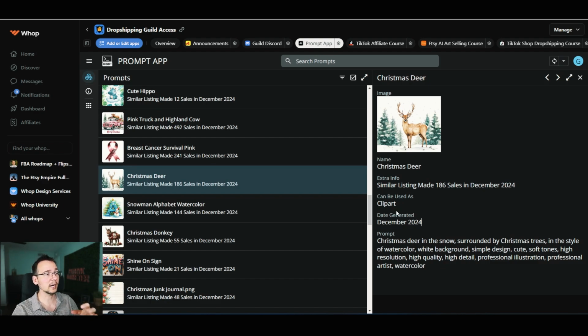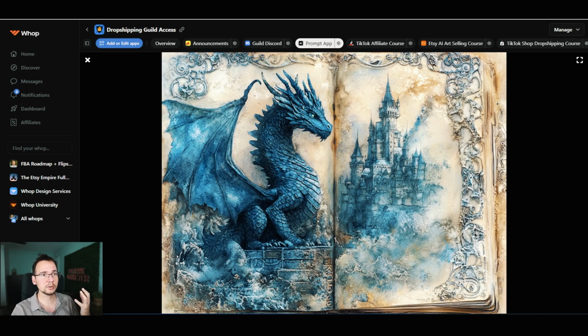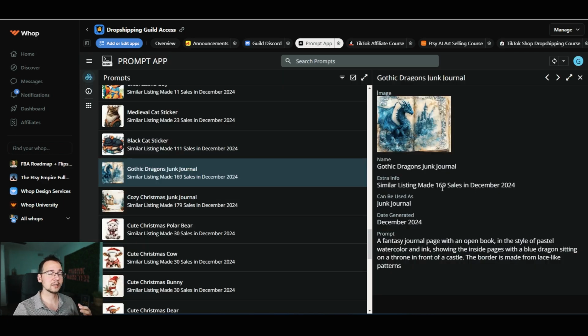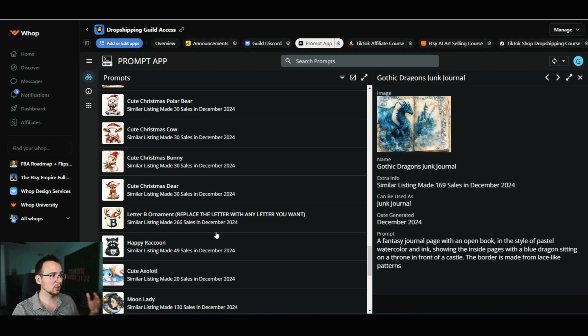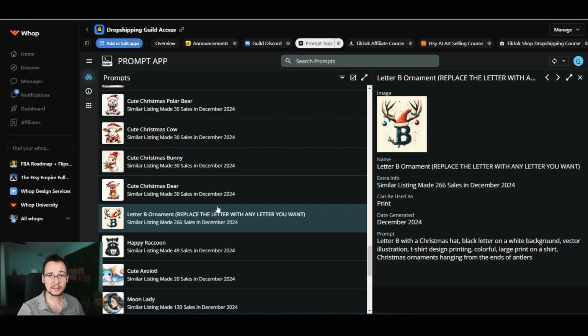So this can be sold as clip art. Right here we have a dragon gothic junk journal, and we have a prompt for it, which will generate a result that looks like this. And we tell you how many times it's sold in the last month. And we add new prompts every day because we research the market, and then we come up with the prompt